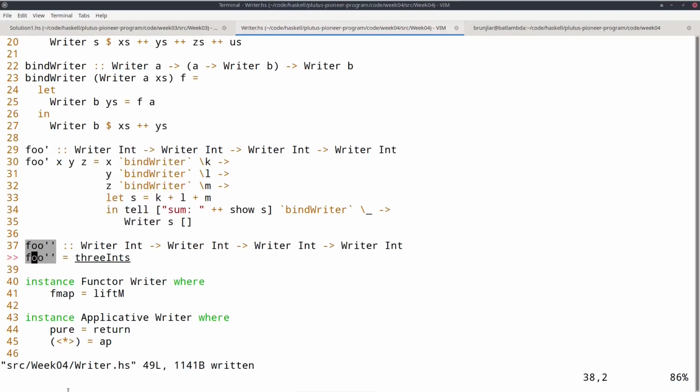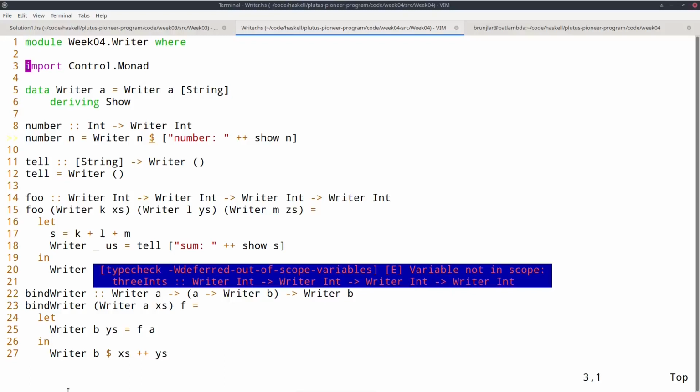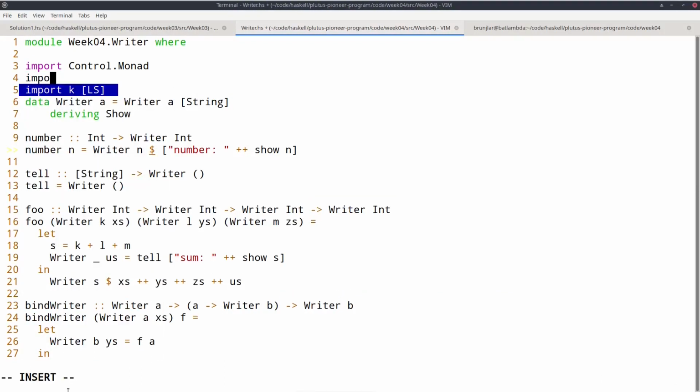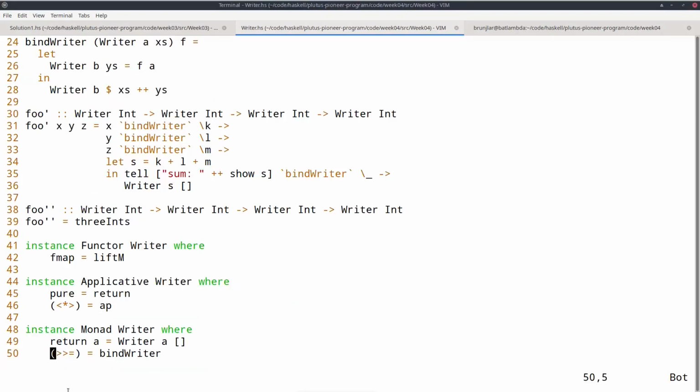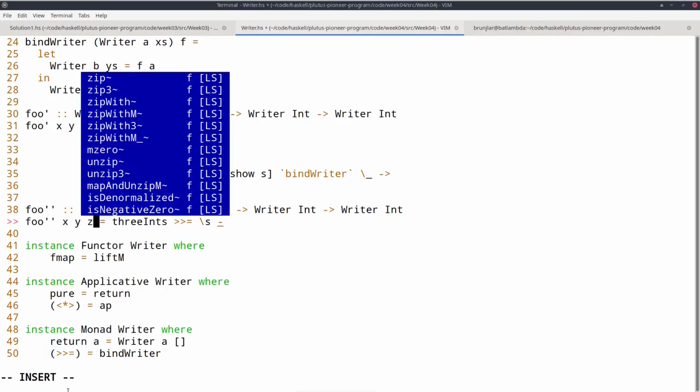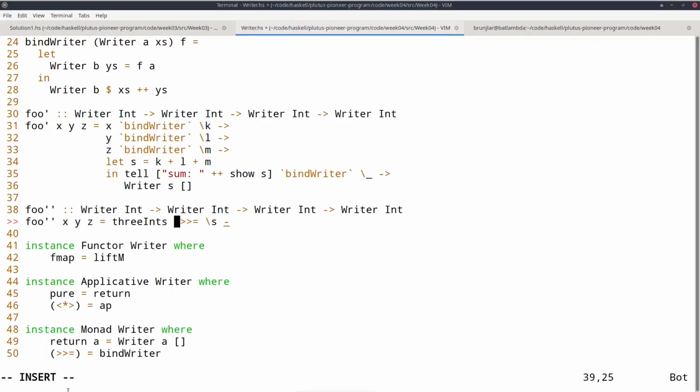So I must import the module. So that would work, but of course that's a bit cheating, because now I don't have this, but I can get that as well. So I can simply use bind again. Also, if I want to do that, I do have to give the arguments. I see. Okay, so I get the sum as a result.